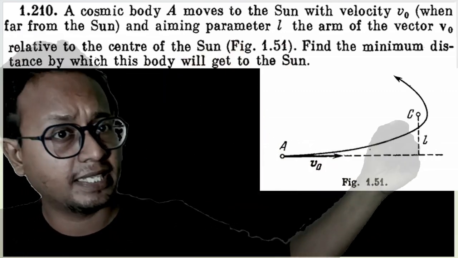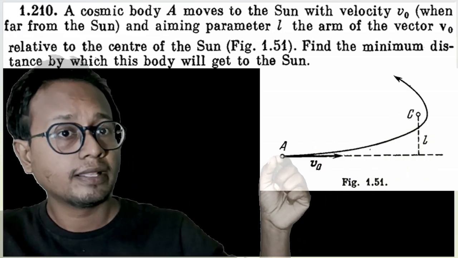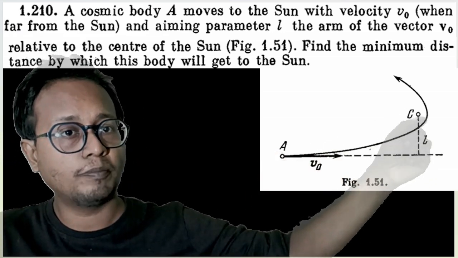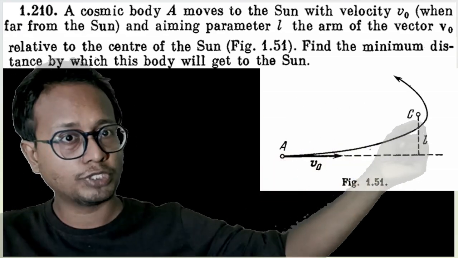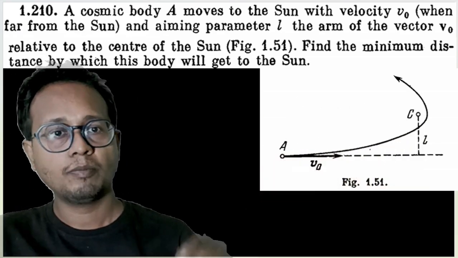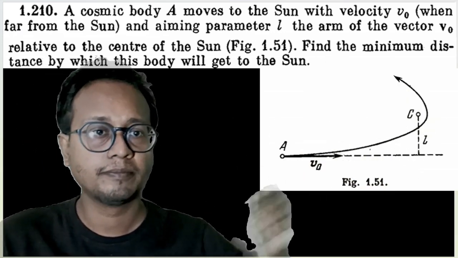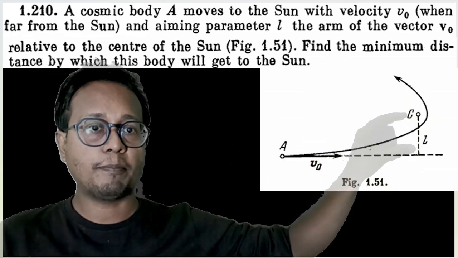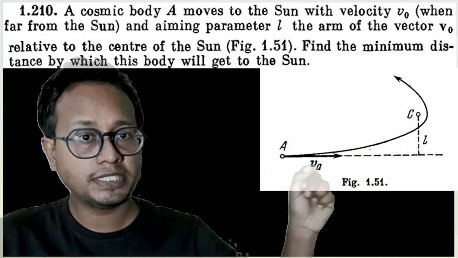The question says that there is a very heavy central star out here, and a planet. The mass of this planet is very less compared to this star. That means the same theorem of circular motion and elliptical motion will be applied out here. The problem is, instead of being in an elliptical path, it is going in a straight line. And the approach, that means aiming parameter,